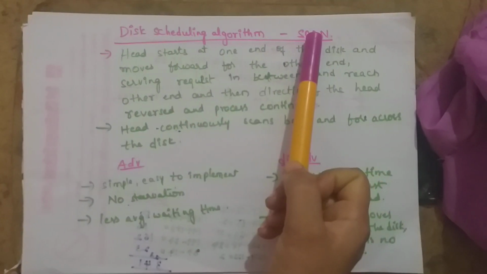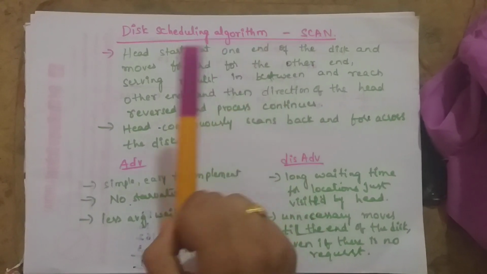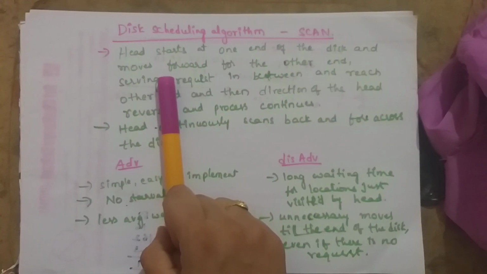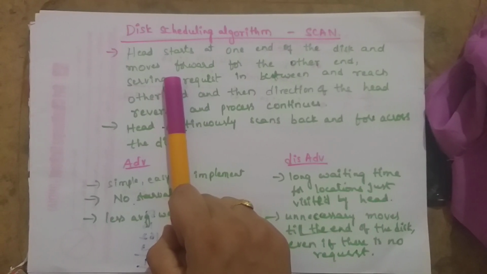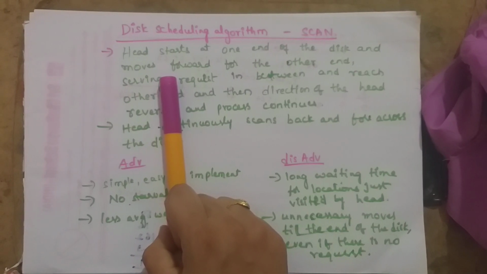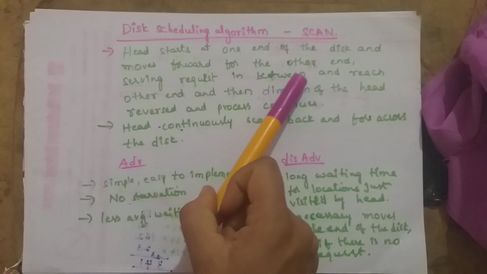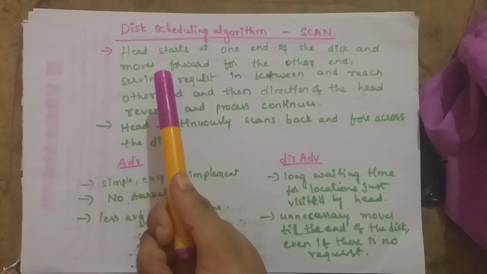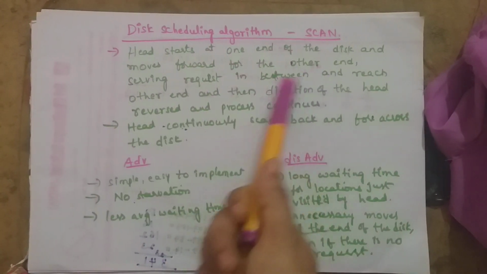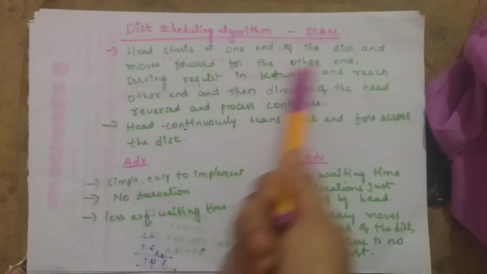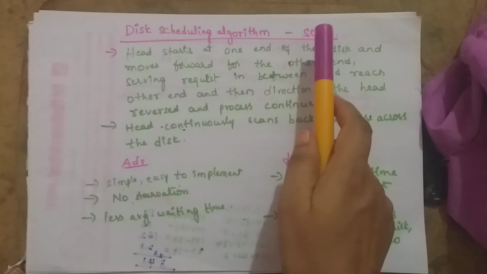Today we are going to discuss the disk scheduling algorithm, the SCAN algorithm. We already completed FCFS and SSTF. In those two algorithms, SSTF makes fewer seek movements, but it is not that optimal. Why? Because the head moves in both directions; sometimes when it goes forward, it has to return again within a short time. Every time the head is moving forward and backward. Next we'll see the SCAN algorithm.